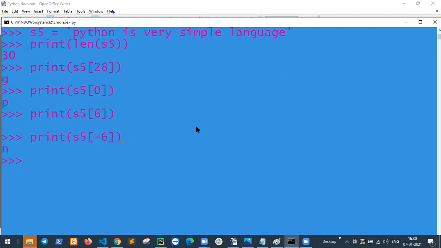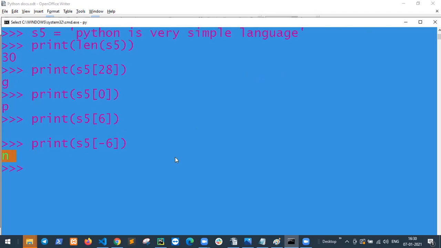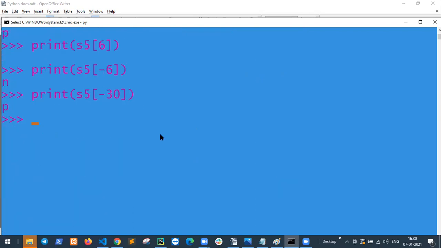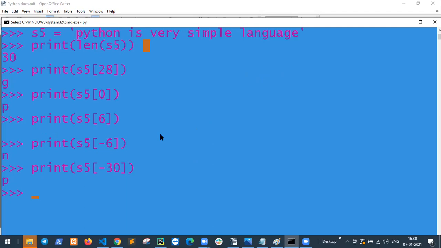This is the n value. If I say minus 30, it is the p value; minus 30 is the p value. So do you understand how to find a character in the string going backward and forward?